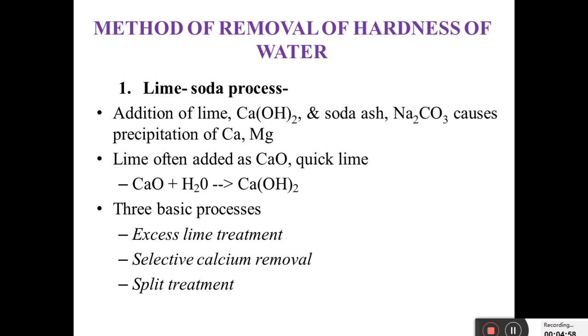In addition to lime and soda ash, aluminum compounds are also mixed with the water, and if necessary, some more lime is added which precipitates magnesium. The next step is to neutralize the extra lime added in the water by the action of carbon dioxide. That is called recarbonation. To remove the excess lime from the water, that process is called recarbonation, and for recarbonation we use carbon dioxide.